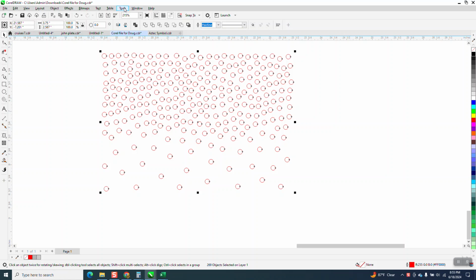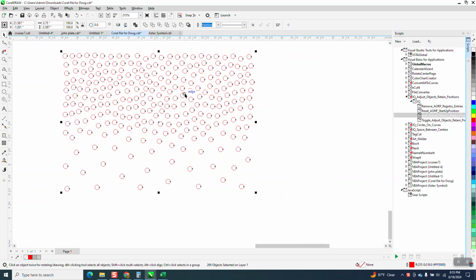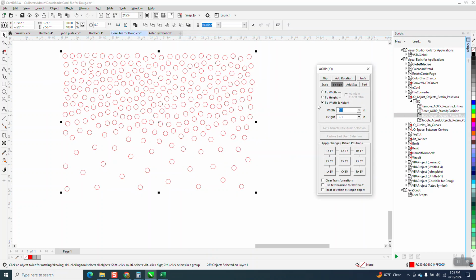macro, we can still make this work if we go to Tools, Macro. Yours might say scripts, or mine says scripts, yours might say macros. Start as macro, and we'll make this 0.129, 0.129 from the center. That's going to take a little bit of time. So now we're in a smaller template, and just like earlier, it's having to do all this,